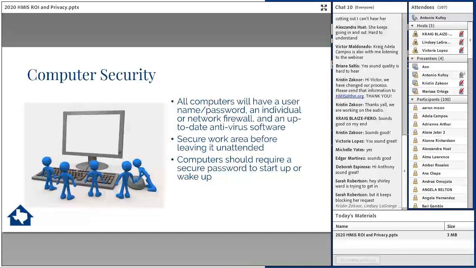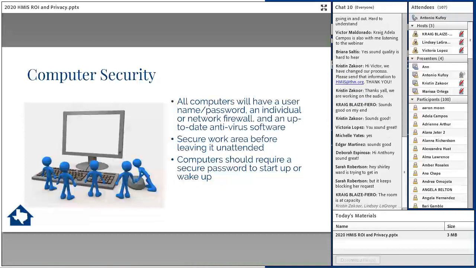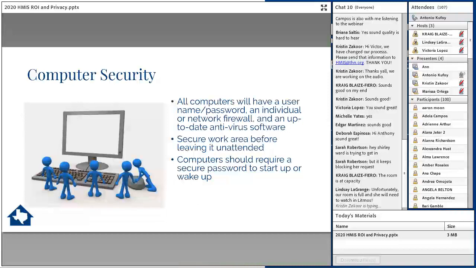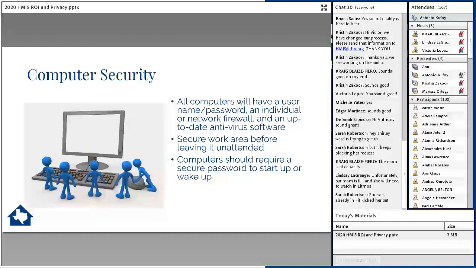So you want to make sure to shut down, log off, and put your computer and other devices to sleep before leaving them unattended. And there is a feature also where you just sign into your computer once and then it stays logged in. If you have that, it's very convenient, but in terms of security, it's probably not the best. So I know it's inconvenient, but it's good to have that secure password whenever your computer wakes up from sleep.